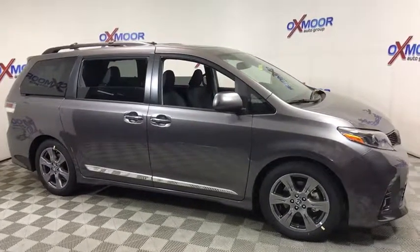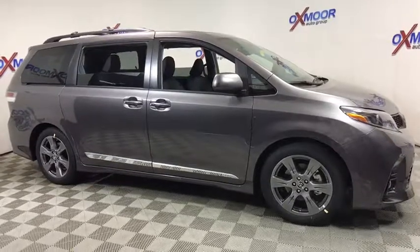This vehicle offers reliability and good looks at a great price. So come in and take a test